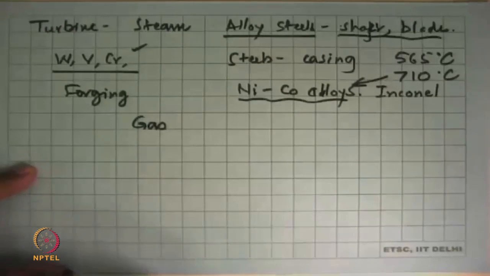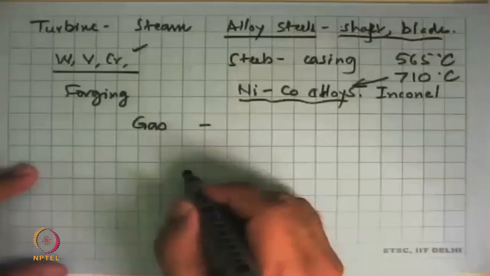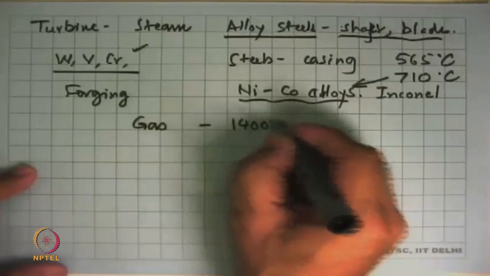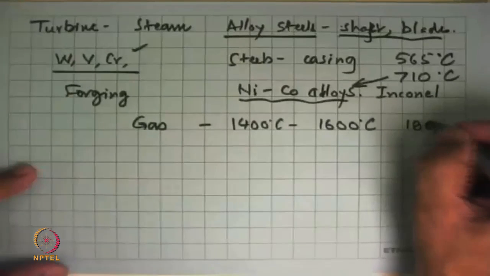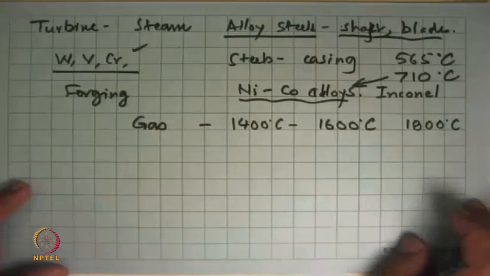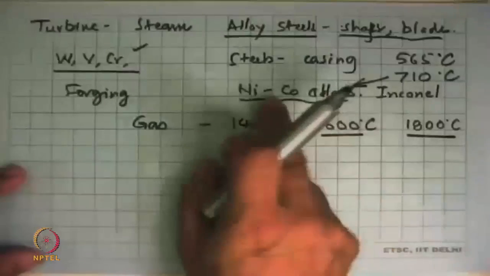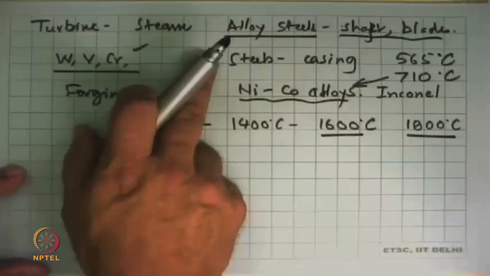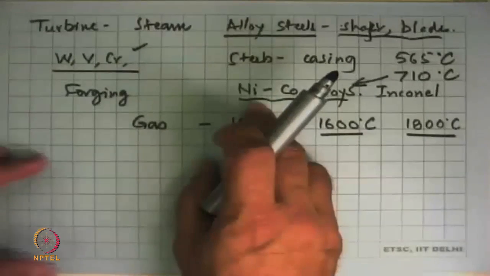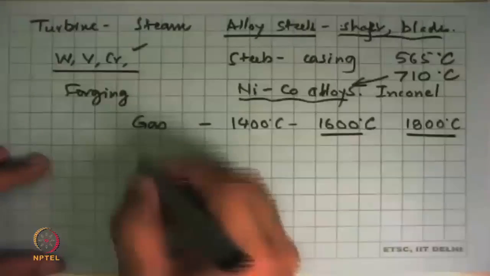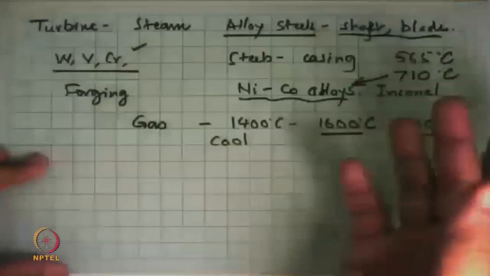Gas turbines have an entirely different story, because the temperatures here, as I mentioned, are much higher than this. 1400 degrees Celsius, 1600 degrees Celsius stationary gas turbines are already in use, and there are gas turbines with like 1800 degrees Celsius. These temperatures are above the melting point of either nickel cobalt alloys or any steel alloy. So it is not just enough to make the material and the blade, but we also have to actively have a method of cooling it. Otherwise, it will just melt away.